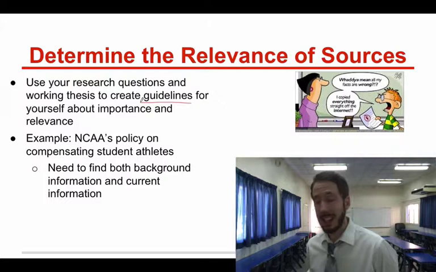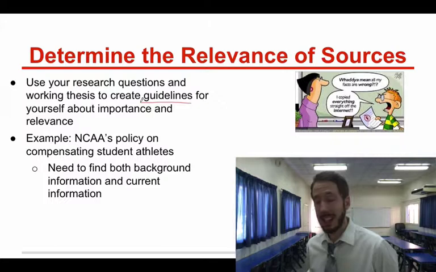So here are some other guidelines that you want to think about as you're researching for your working thesis. Do you need to look at primary or secondary sources? Or both? Or would secondary sources not even be relevant to what you're looking at? The sources that you find, do they actually address your question? If they don't, I'm not saying necessarily throw them away, but you really don't want to focus on them.